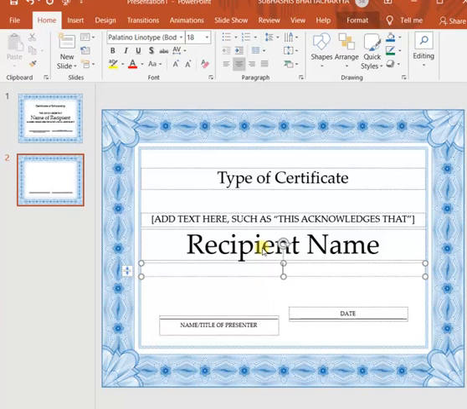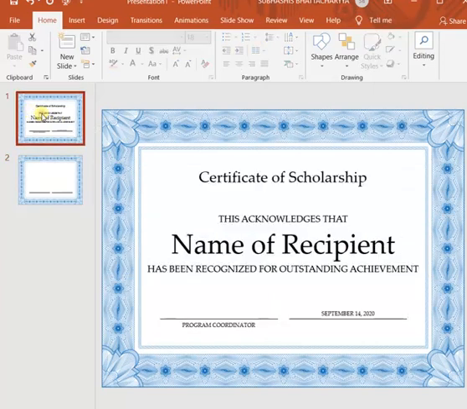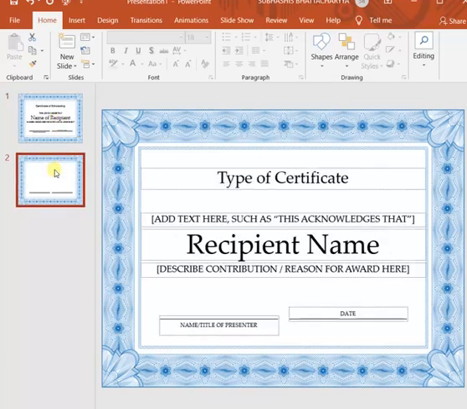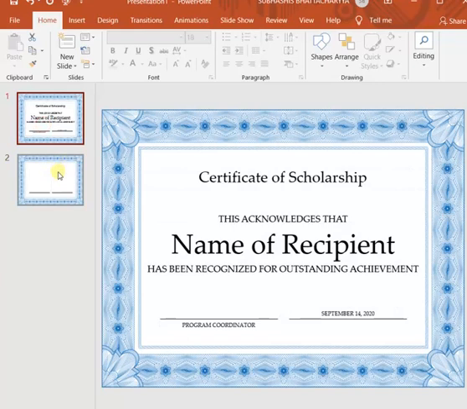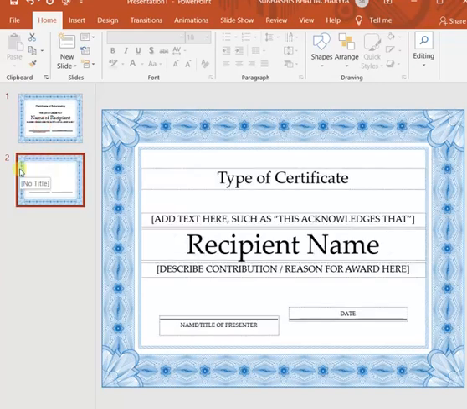Thus, if we change the slide background of each slide, it will look different from the other slide. So we can select each slide and change the background color of each slide separately. If we wish, we can keep the background color of all the slides the same, but if we want each and every slide of our presentation to have a different background, that also we can do. For that we have to select that particular slide. Suppose I select slide number 2. Now I can change the background color of this slide.